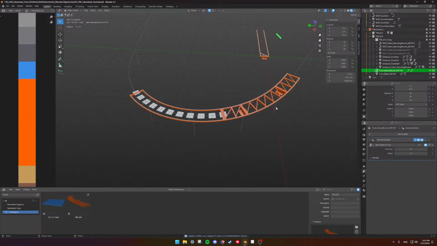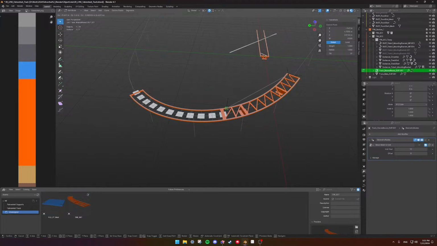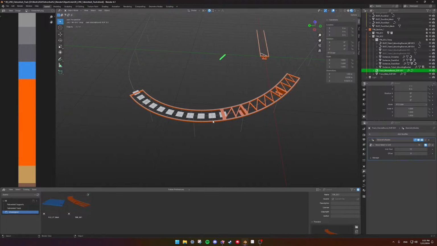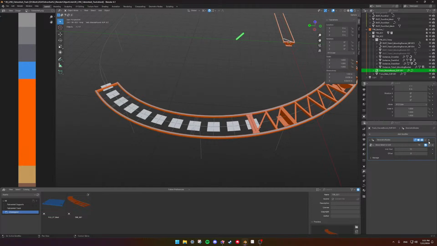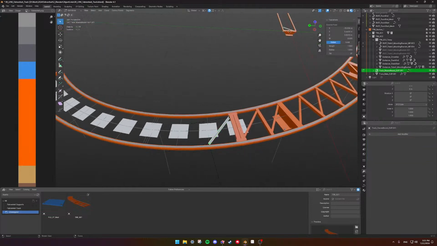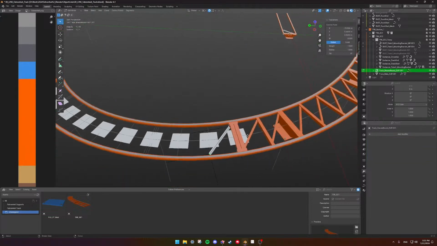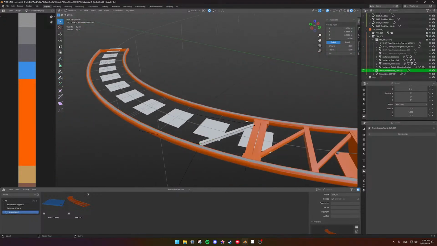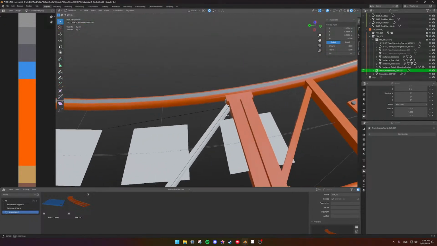Huh. Why is it there? Alright, anyway, so